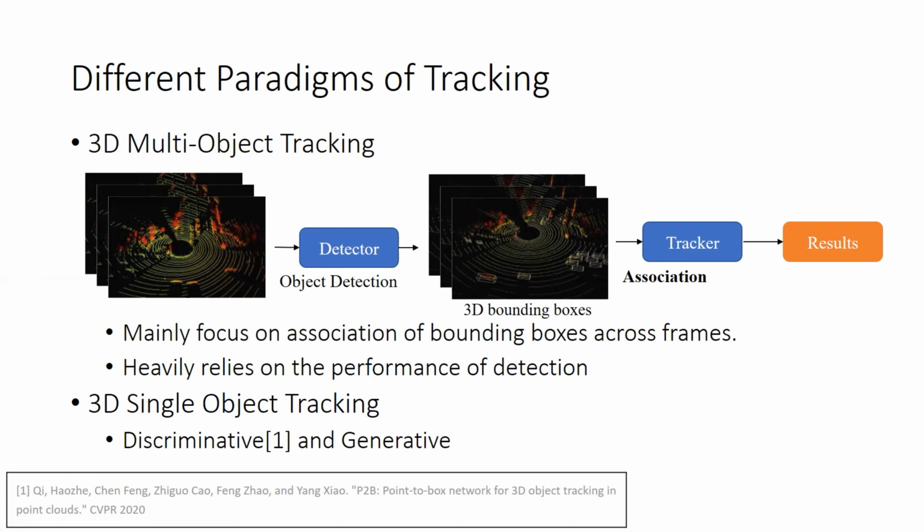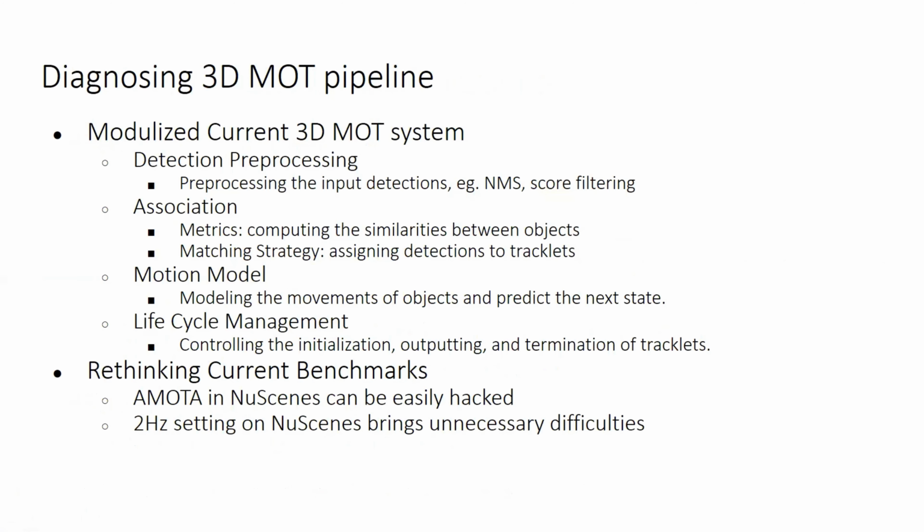The first work I want to introduce is an ablation on the 3D MOT pipeline. We first modularized the current 3D MOT system into 4 components and studied the details of each one. We found some very simple but very effective best practices in the current system, and they could improve results on many datasets significantly. Briefly speaking, we divide the current 3D MOT system into 4 components: the detection preprocessing, association, motion